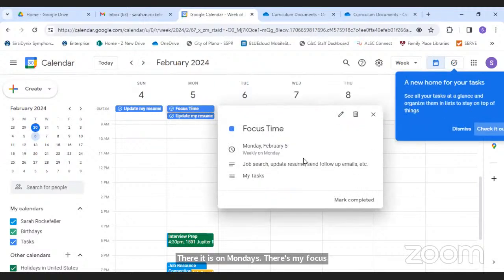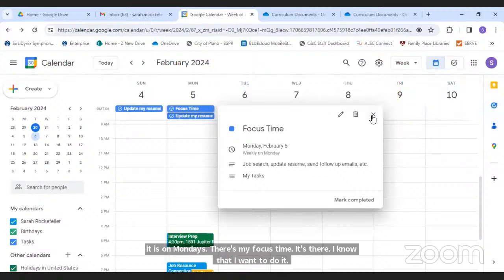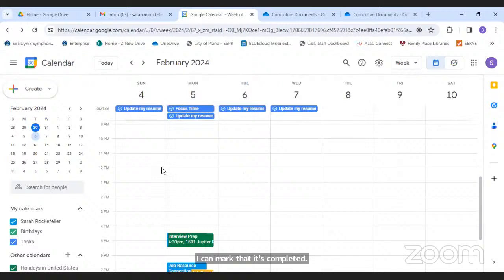There's my focus time. It's there. I know that I want to do it. I can mark that it's completed. But I've got that going on all the time. Again, if you prefer to have that block of time on your calendar, you could also go in on Monday